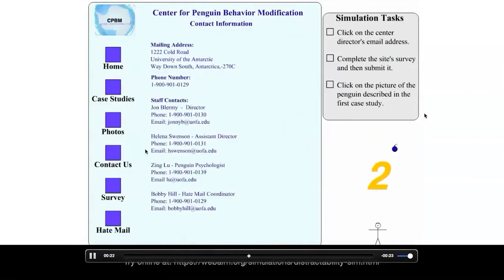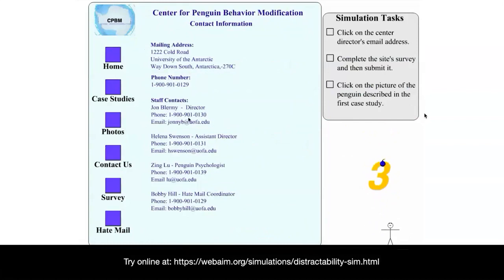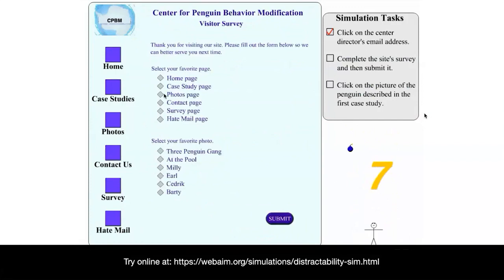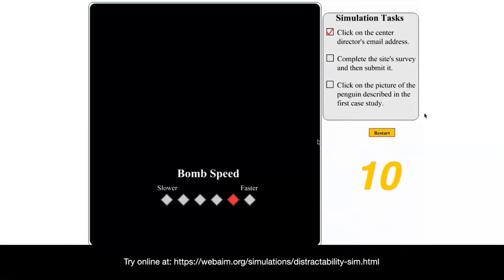I'm going to go on this contact us page. I'm looking for the center director's email, but I'm trying to catch these bombs. So the problem again here is, if you can imagine, your eyes are darting back and forth and back and forth. Now I'm trying to complete this survey page, and I'm clicking on things, but they're not working. I don't know why. And again, I failed. I lost. It's actually kind of fun if you want to play with that. It kind of gives you a bit of an insight into some of the things that may seem innocuous, but